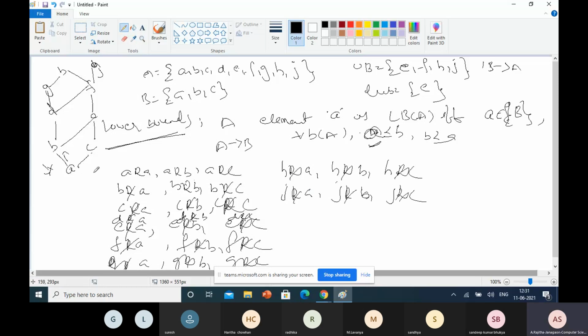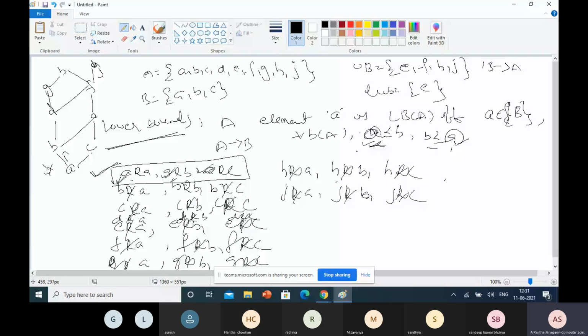Earlier, for the upper bound, we checked column wise. For the lower bound, we can check only row wise. So for this only, in this case it is A. Here look at A: A is less than or equal to B. Earlier we took column wise wherever relations exist, but here A is less than or equal to B, which means in all the cases A is less than or equal to B, so only this is satisfied.